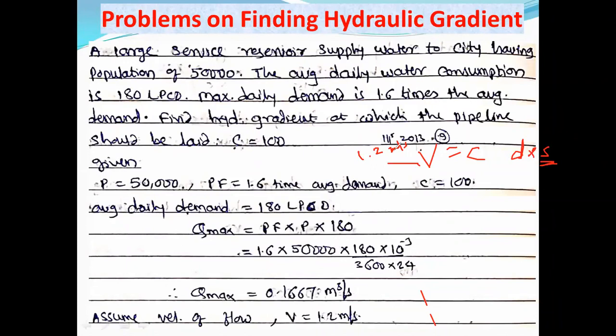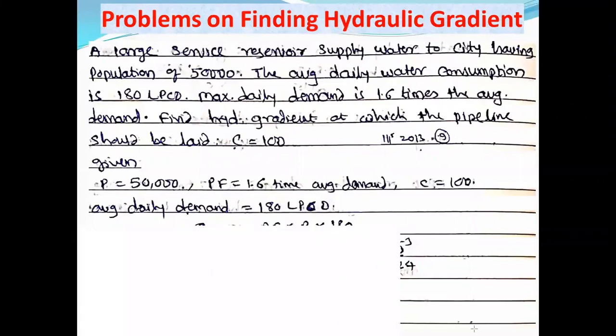Okay, now let us solve the second problem here. I am not going to solve this problem. You have to solve it by yourself. Okay, I will hide this particular part from this. These are the assumed values. Write down this problem and solve it and tell me your slope value. Put your answer in the chat window, chat box.